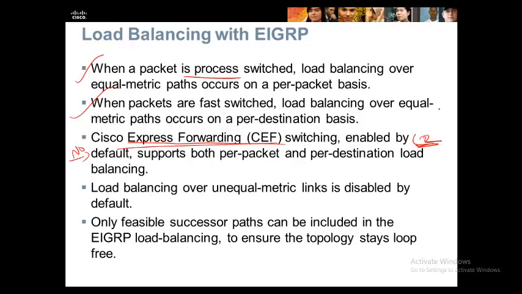So now because the CEF table already knows for each destination all available paths, it can do both per packet basis. First packet go via first path, second packet go via second path, third packet, or for that destination go this way, for the next destination go this way, for the next destination go this way. You can do both, that is what it means. It supports both. Currently we have this one, in all routers of Cisco, not only in Cisco, in another vendor,